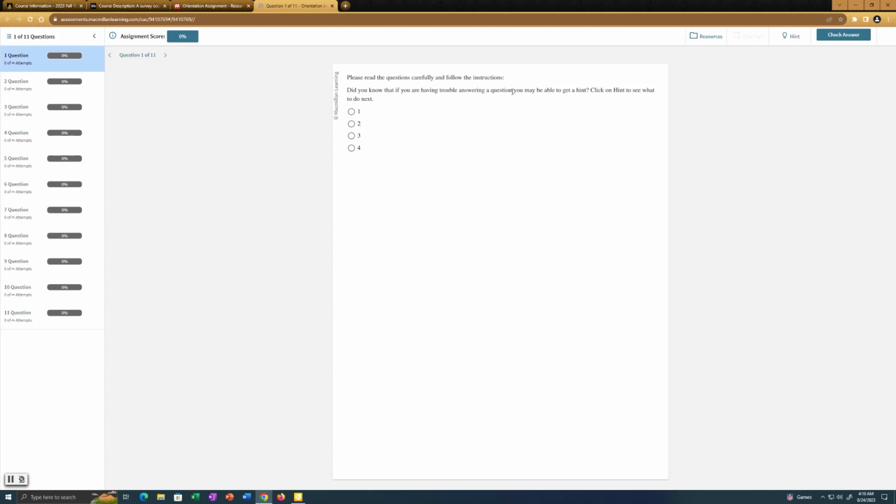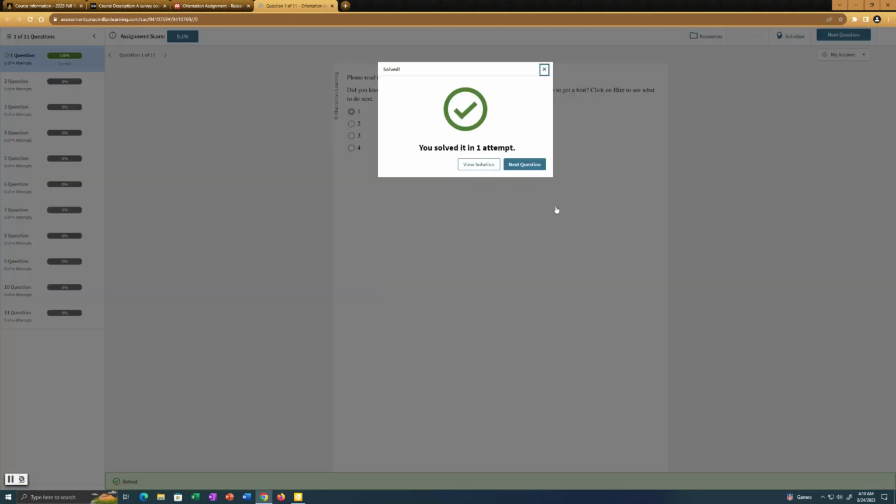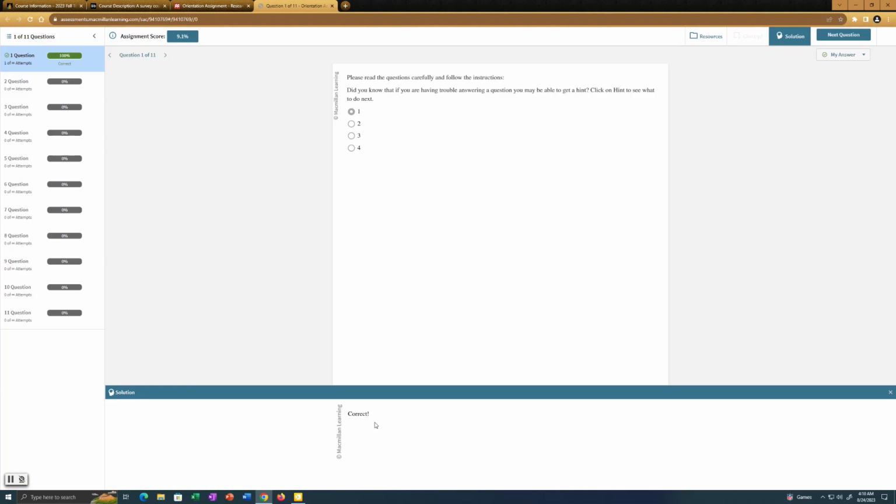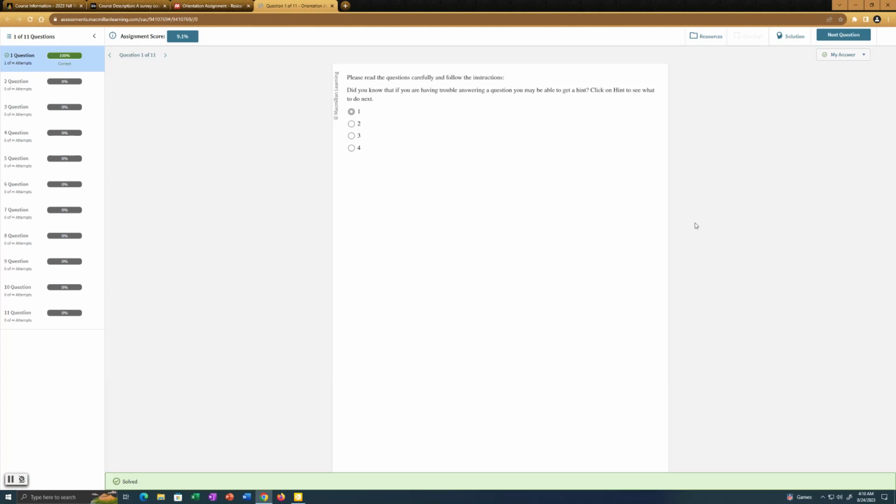Then when you do it, you're going to get a score, right? This is just saying click hint. Select the first answer choice. This is basically showing you how to navigate Achieve. And there's the solution in case you have a question about it. This just walks you through it, and as you can see, it says correct and it's green. You want to make sure everything is green, and that's going to give you a score. This is basically how to use the program. That's all it's doing, showing you a little bit about how to use the program. The program is pretty basic to use.